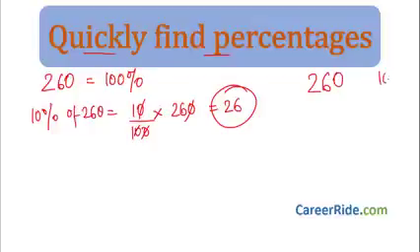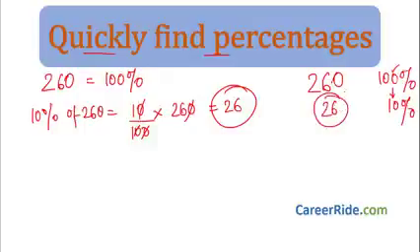260. This is 100%. What do we want? 10%, right? That means 10 is less. If 10 is less, from 100% to 10%, this 0 is not there. What you should do is put a decimal point from the right hand side. So from the right hand side, let's put one decimal point. What do we get? 26.0, that is nothing but 26. This becomes 10% of 260. See how easy it was.